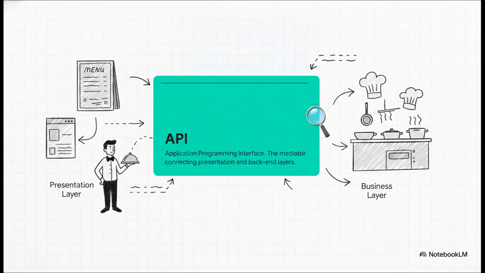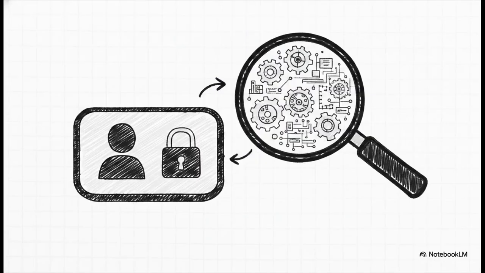The waiter takes that order back to the kitchen, the business layer, where the chefs actually do the work. Then the waiter brings your food back. The UI cannot touch the code directly. It absolutely must use the API as a mediator. With this powerful new mental model of front ends, back ends, and APIs acting as those vital mediators, let's go